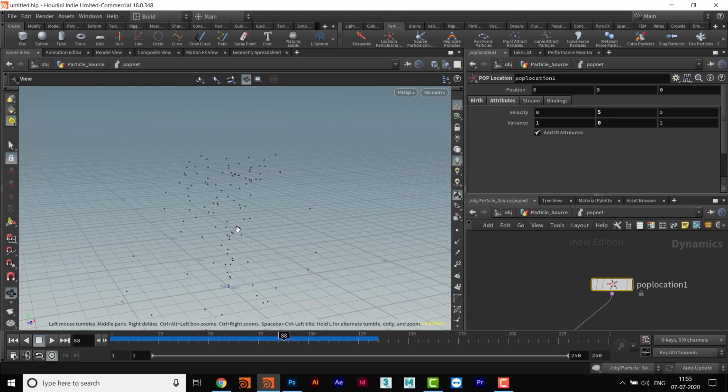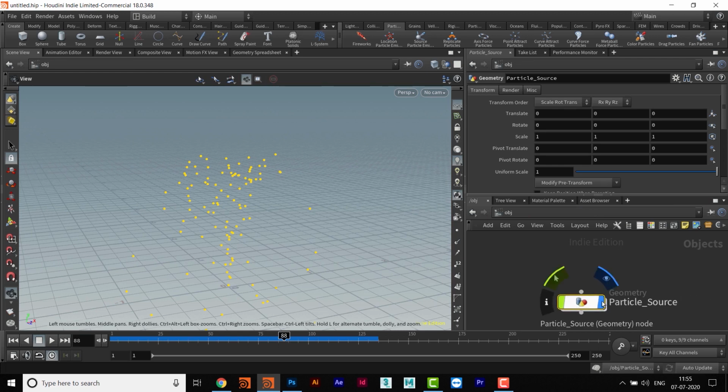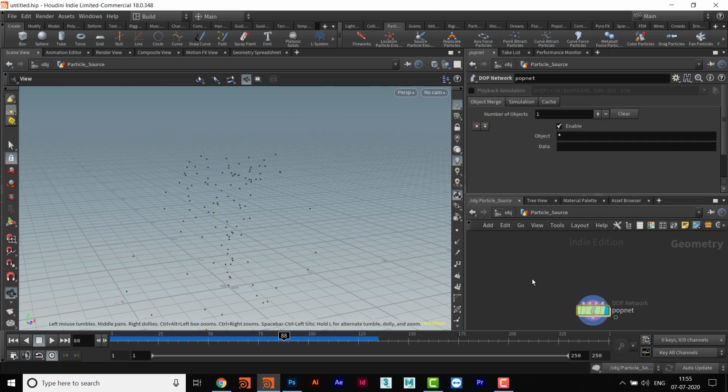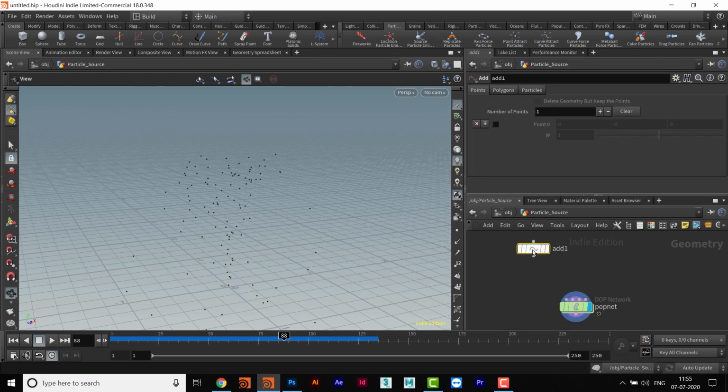Okay, so now the time has come. We do not have only this velocity, we have some more velocity. So now the time has come when we should add some sort of source. What is the least source I can apply here? So I will go back and then come here. I'll get into geo, sorry, and then take the smallest one we can take. We can take add one. So I will take just a single point. If I come to add node, I will take only a point, and this point is there.